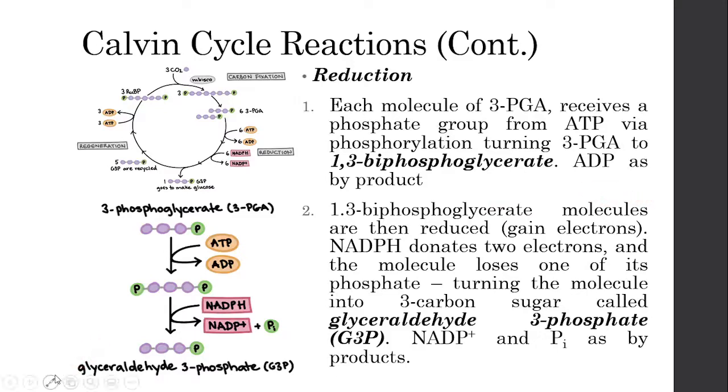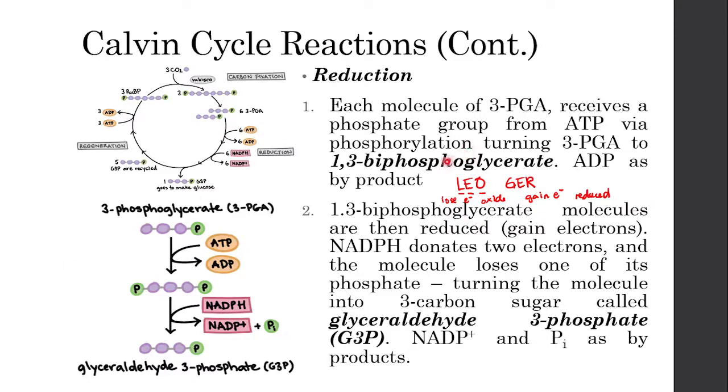So let me write that. This is something common in chemistry called LEO goes GER, which means when a molecule loses an electron, it oxidizes. Lose electron, oxidize. GER is gain electron, it's reduced. So our